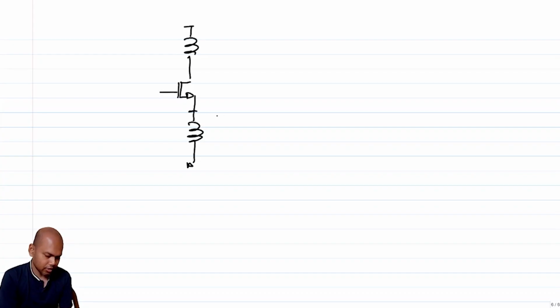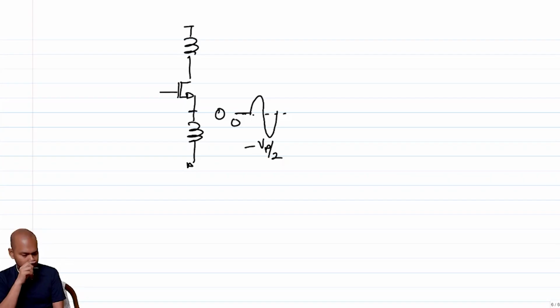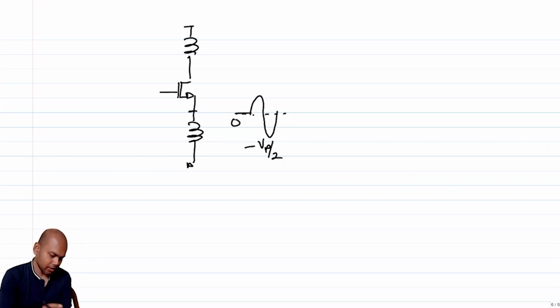here this quiescent is 0, right? So when the signal swings, here the signal swing will go from 0, go up and go down. It can go to minus Vp by 2. Now in one of the earlier lectures I had pointed out that this can be problematic because you have the body of an NMOS which is connected to ground, right? And